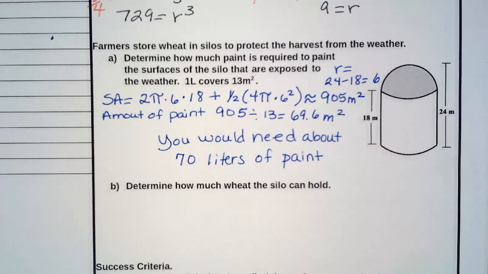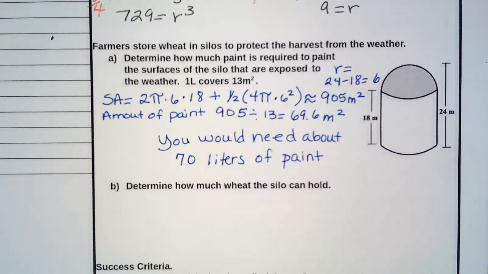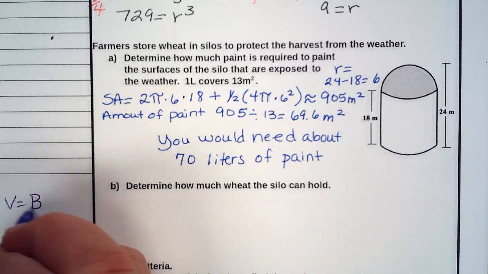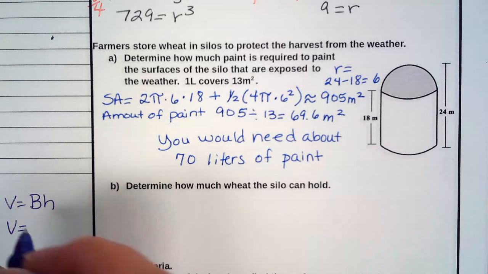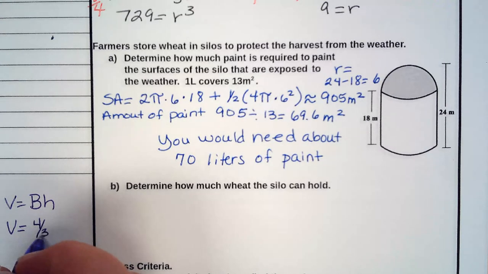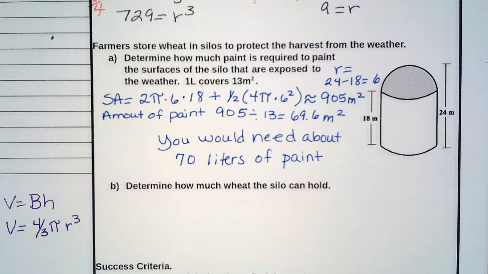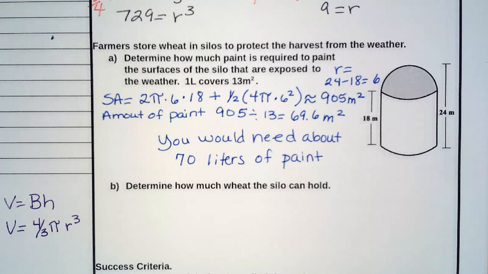But how much weight would the silo hold if we went clear up to the top? How much would it hold? Well, we've got two volumes to look at, and we know that the volume is your base area times your height for the cylinder, and your volume of the half a sphere is 4/3 pi r to the third. We know our radius, we know the height, so adding them together,